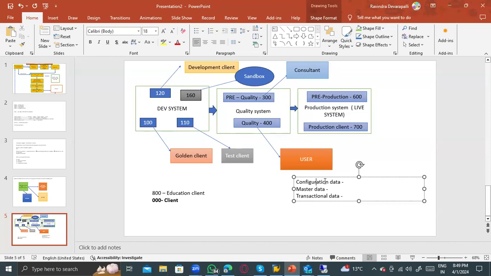How can we differentiate the movement types, like when you are doing goods receipt, goods issue, transfer posting, vendor returns, customer returns, customer delivery, invoice, credit memo, debit memo? How does the system know about all this in the front end, how does the user know about that? I need to select this one to complete this process. If I want to create a domestic PO,